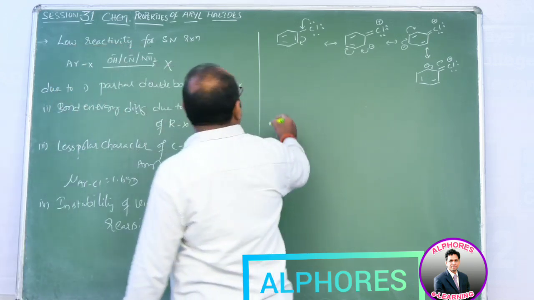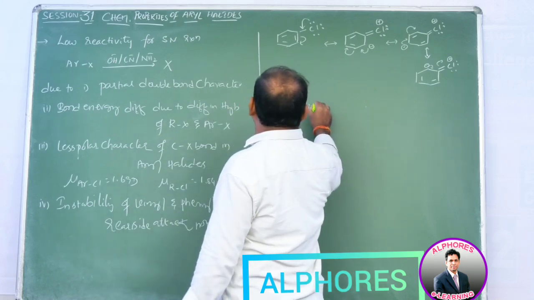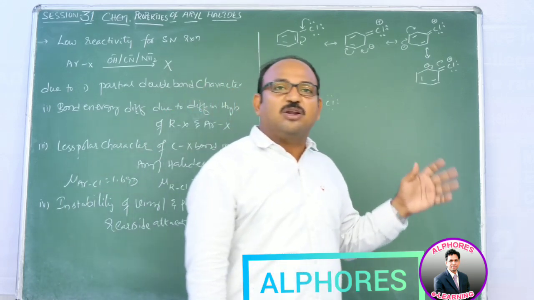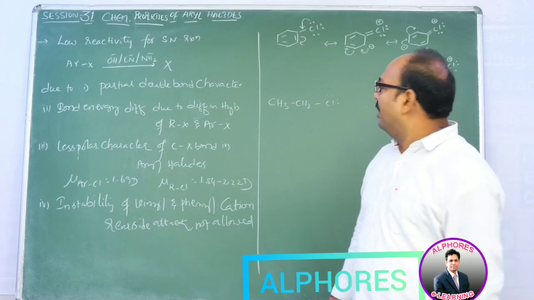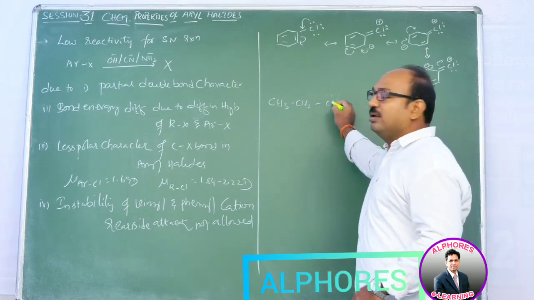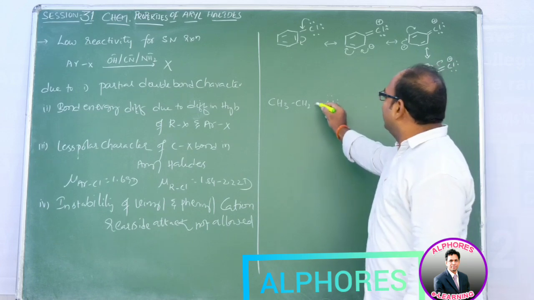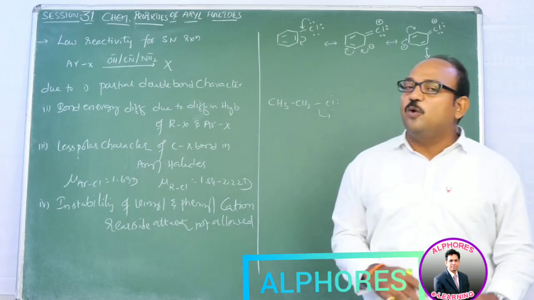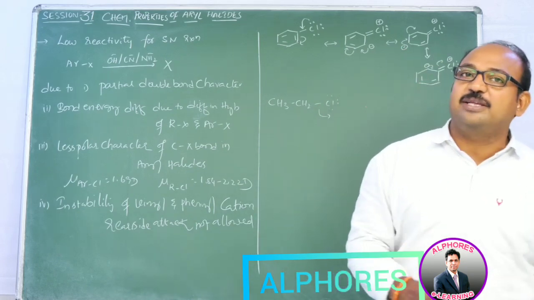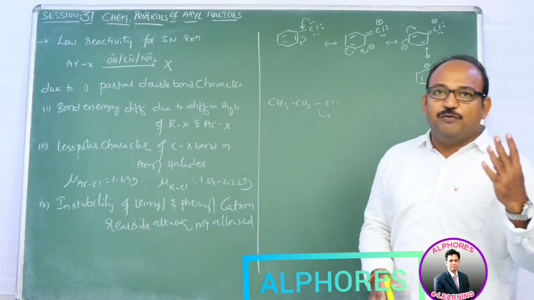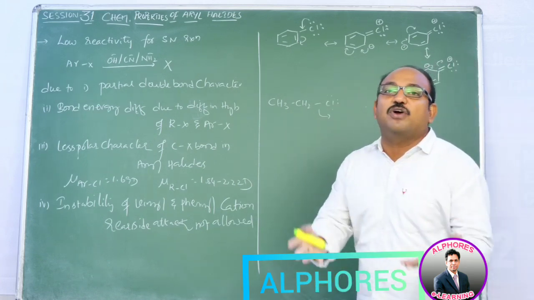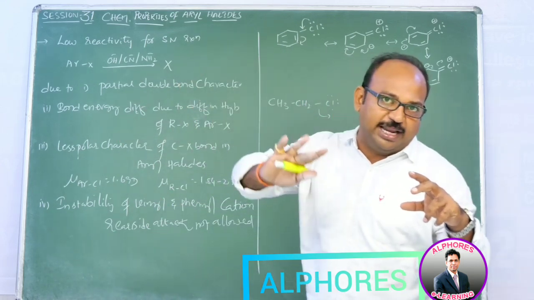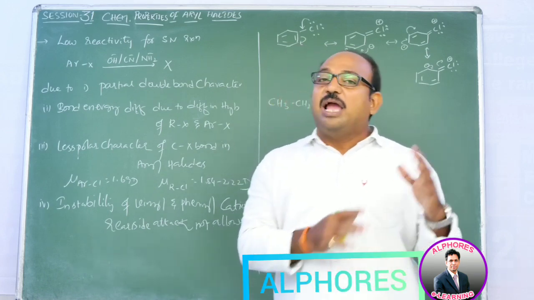Just as we learned in case of ethyl chloride, even though chlorine has 3 lone pairs, its lone pair is not going to take part in the reaction. Here the C-Cl bond has only single bond character. That C-Cl single bond can be easily broken. If the attacking nucleophile attacks from the rear side, that reaction will end as SN2. If first the chlorine departs, forming a carbocation, and the nucleophile then attacks from either direction, that reaction will end as SN1.